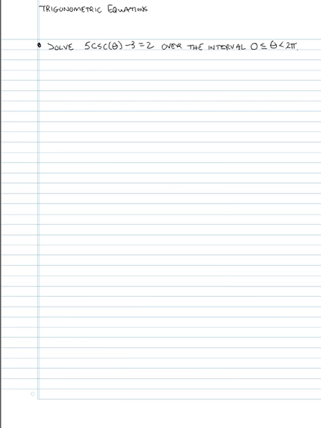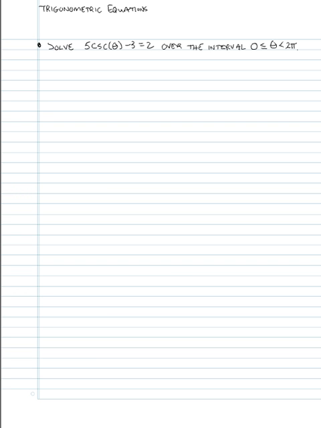Notice we're continuing for this problem in the same theme, the same issues. We have one trig function, it's to the first power, that occurs one time in the equation. Now we're trying to solve for theta, and we're going to make sure that our theta solutions are between 0 and 2 pi. Possibly including 0, but not including 2 pi. 2 pi would be a repetition, wouldn't it? So anyway,